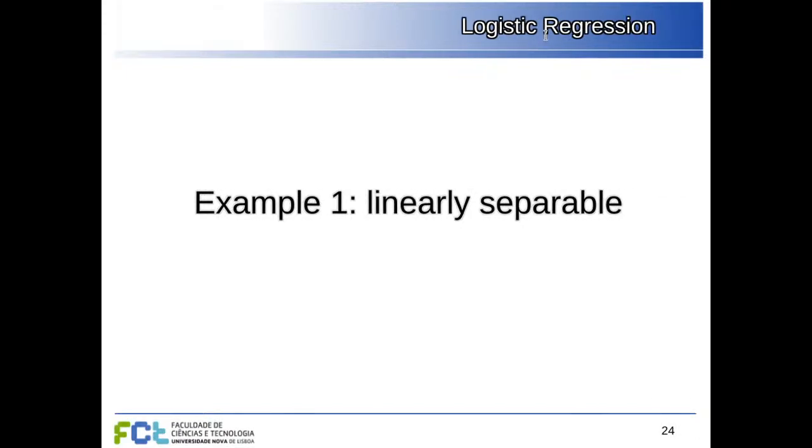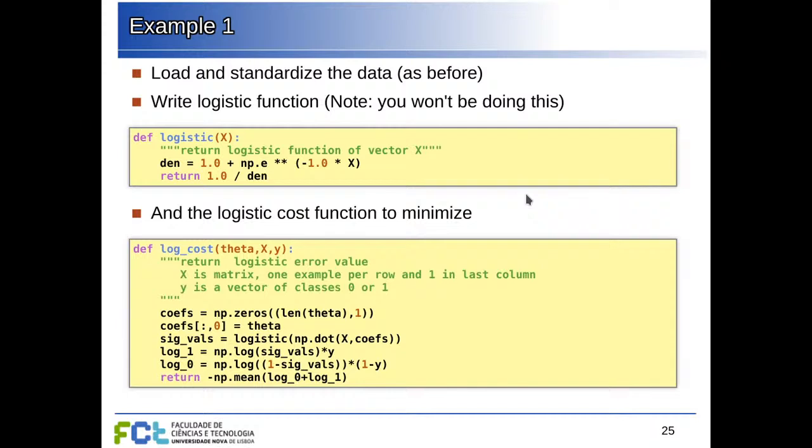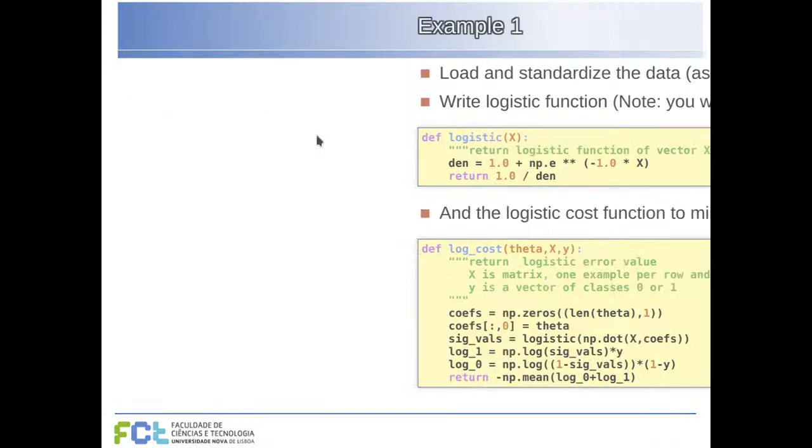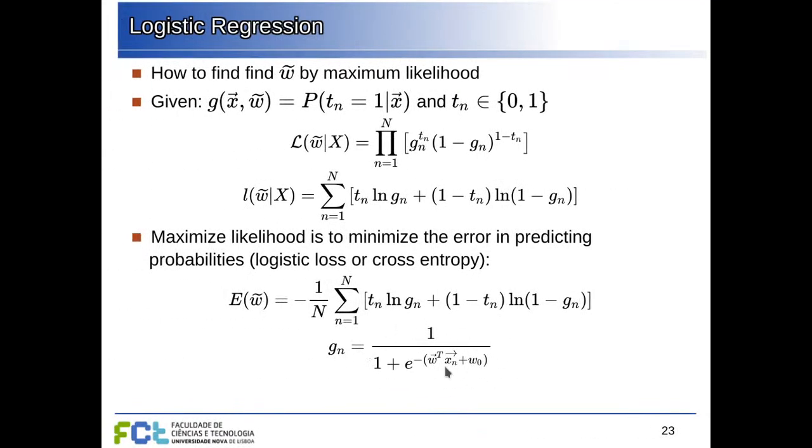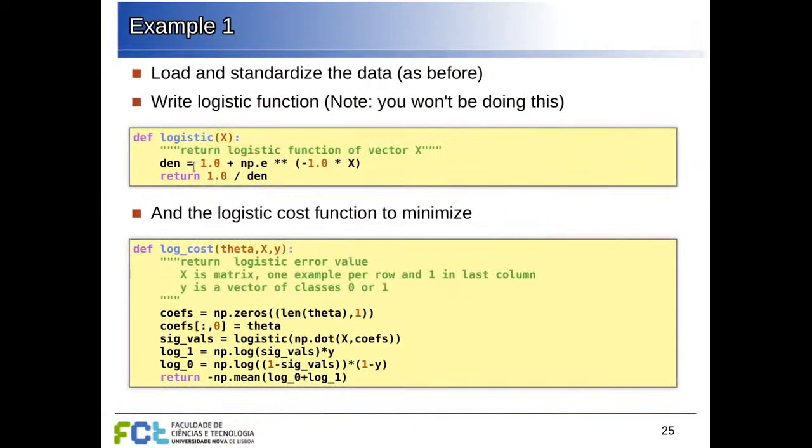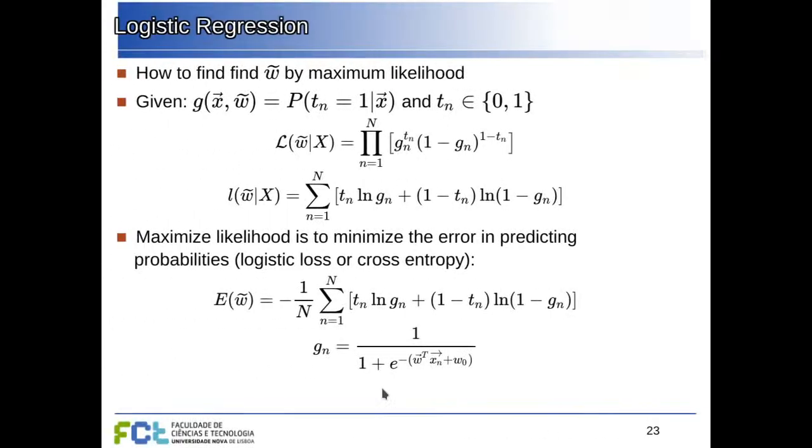Okay, so let's start with an example where we have linearly separable data, and we're going to classify in this way. You are not going to be doing this in detail, writing the code, because we can use logistic regression from the library, but I'm just going to step through the code so that you have a better idea of how this is working. So first we're going to implement this function here, the logistic function of some argument that we receive there. So this is just 1 over 1 plus e raised to minus this x that we receive, and this x value will be